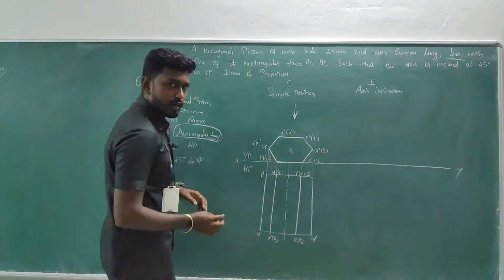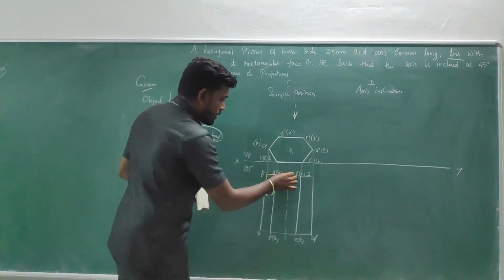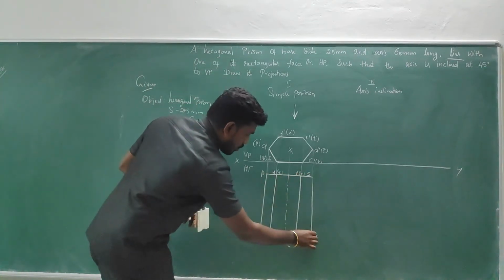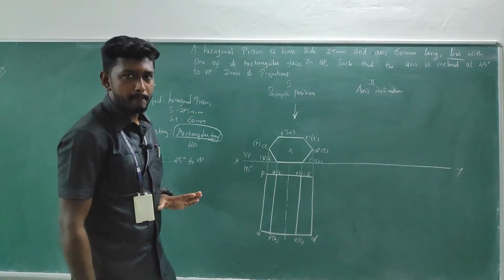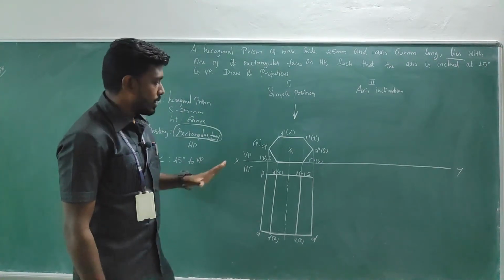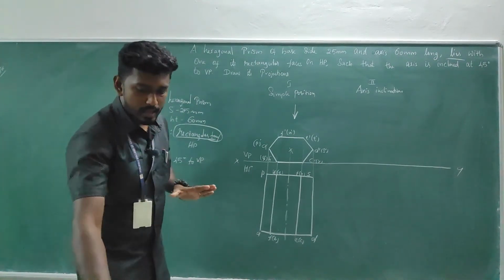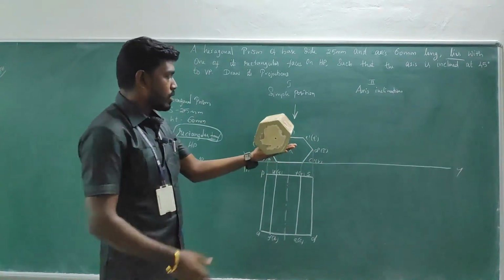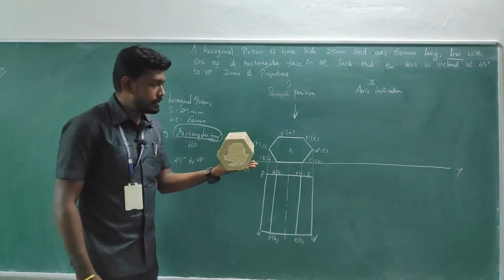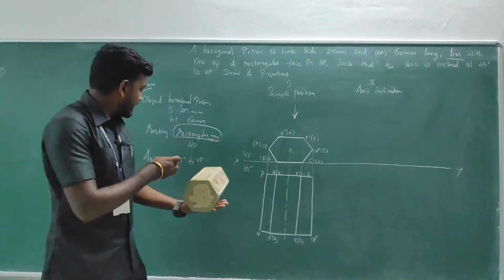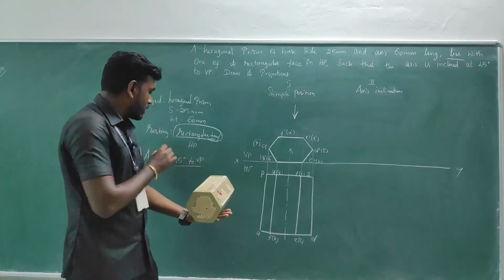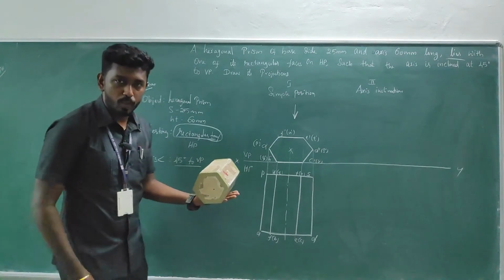I am making it as a dot, and the boundary will be visible always. So top and bottom base I am going to take as a dark line. I have completed the things. What is the next stage? Now we have taken the observation by keeping the object something like this, axis perpendicular to VP. What is the next condition? Axis should be tilted 45 degrees to VP.